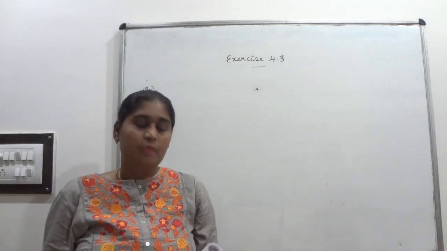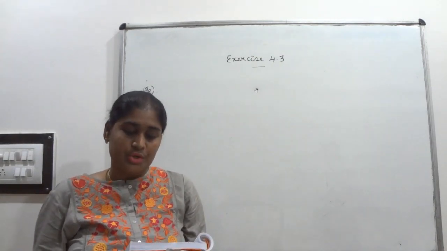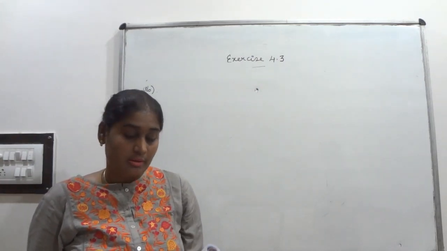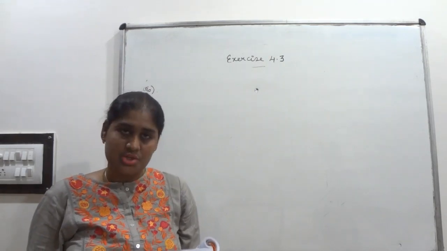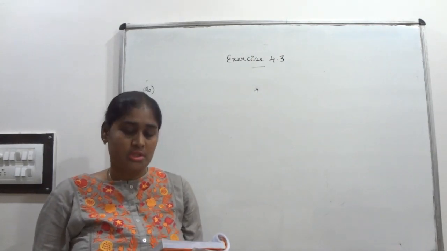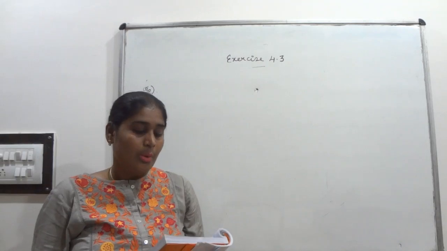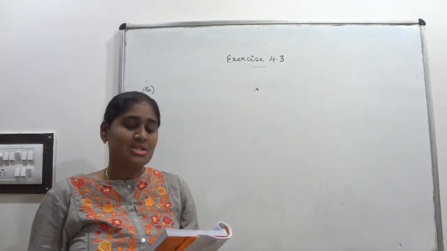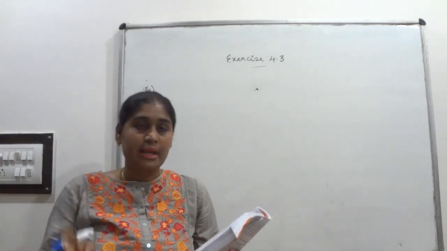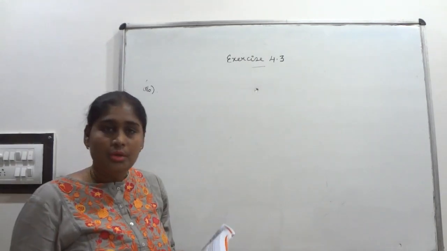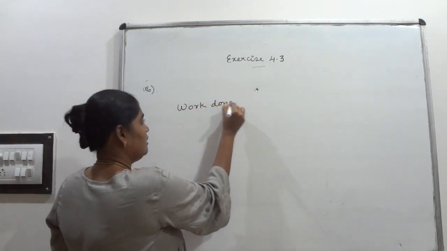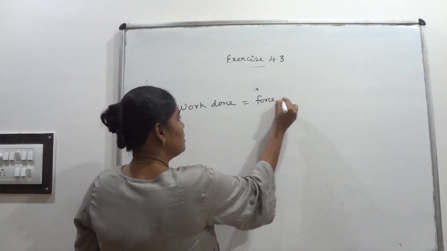Question number 6. If the work done by a body on application of a constant force is directly proportional to the distance travelled by the body, express this in the form of an equation in 2 variables and draw the graph of the same by taking the constant force as 5 units. Also, read the graph for the work done when the distance travelled by the body is given. The first option, distance is 2 units, and the second option, 0 units, is given to you. You know that work done is equal to force into displacement.